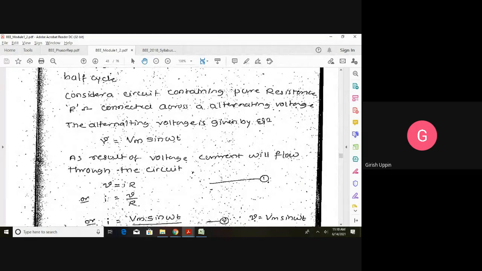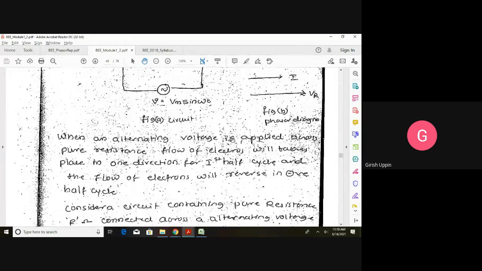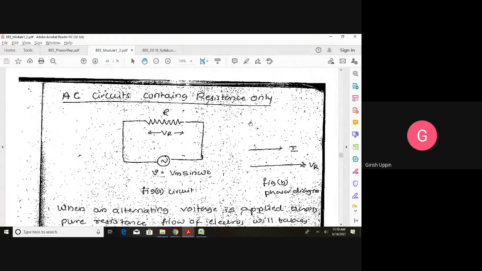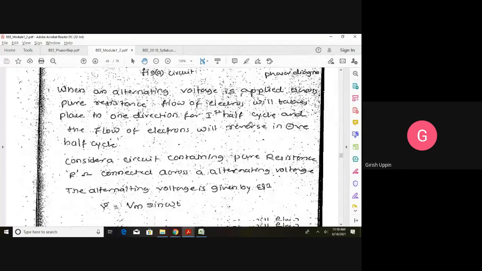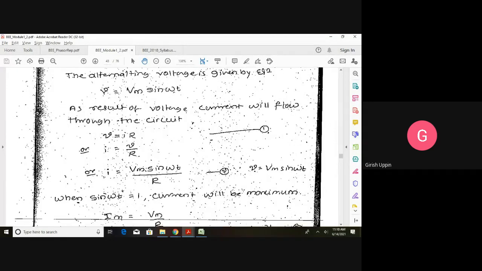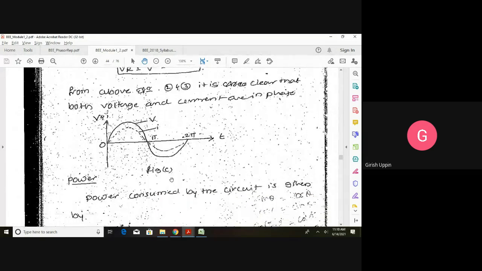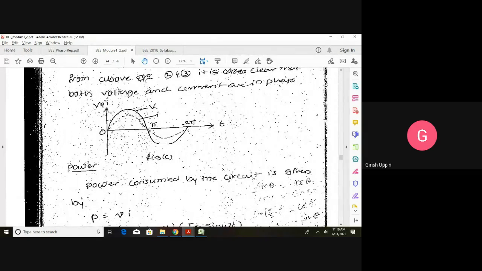So in the exam, they will ask you to do this particular derivation. In case of performing the analysis of an AC circuit containing a pure resistance, you have to draw this circuit diagram, explain the circuit, give the relation for the current, and find the phase relation between the current and the voltage. Okay, and draw the waveform. Once you draw the waveform, then you have to draw the phasor diagram. The phasor diagram is basically where you represent V or VR, and on the same line you represent the current I.